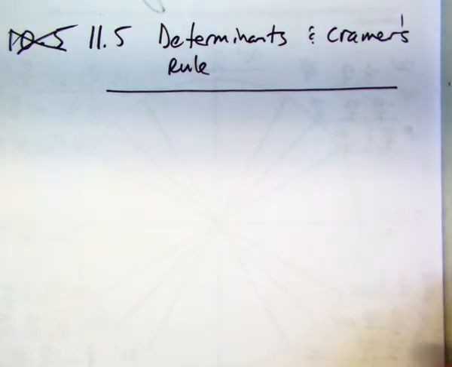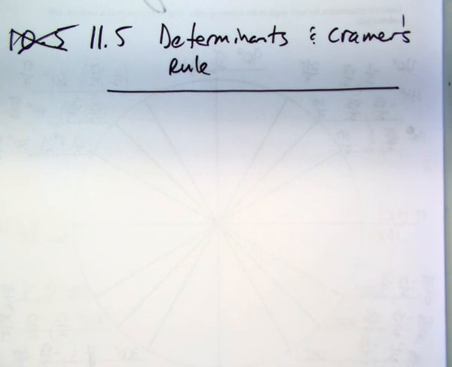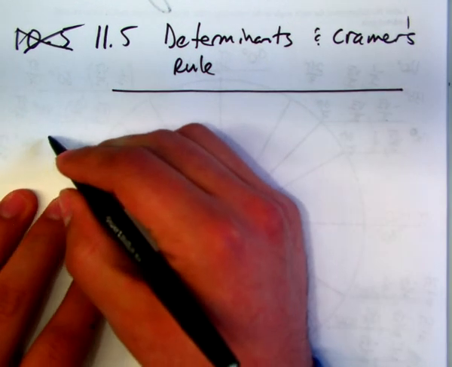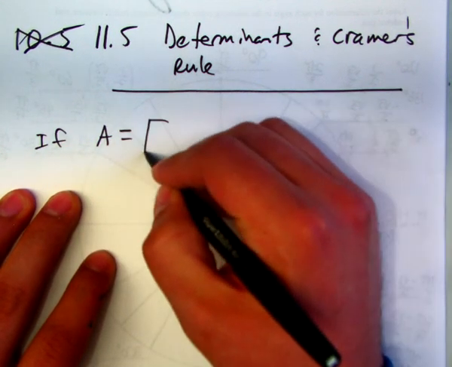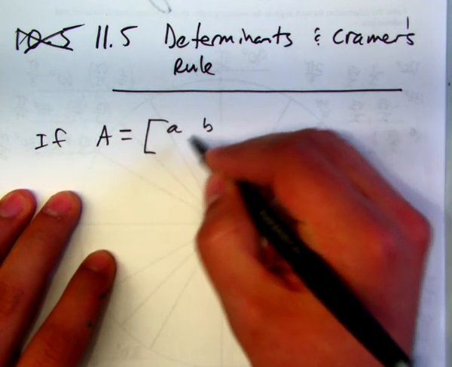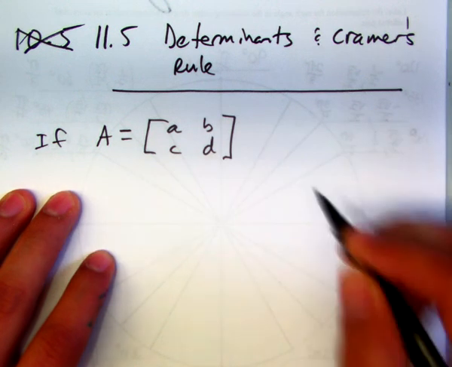So first we'll go over what determinants are, and then you'll see what they can be used for. One of the things that they can be used for. Okay? If we have a matrix A equal to, let's say, A, B, C, D, just a normal 2 by 2,